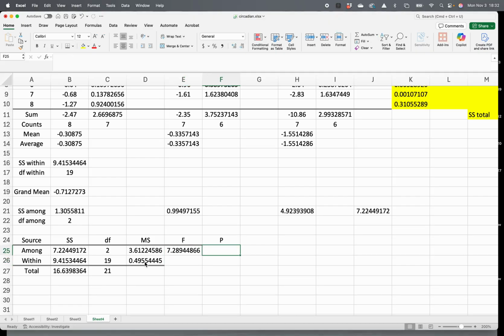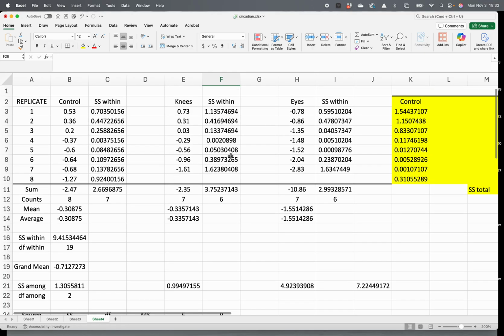And then we can go to Daniel Silver's website and we will find that the p-value for this test is 0.004, if I'm recalling correctly. So we've calculated the ANOVA by basically plugging in formulas in Excel that give us all the information that we need. So